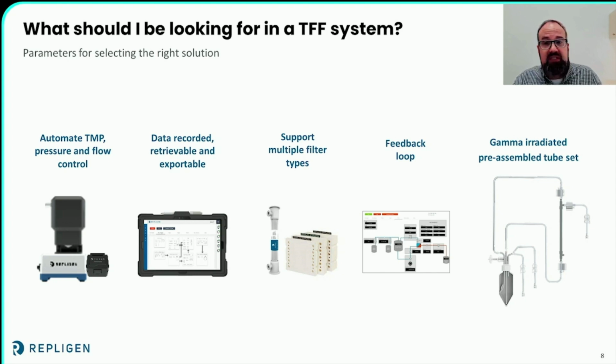How about the TFF system should be designed and capable of a setup that is agnostic to both hollow fiber and flat sheet filters. The flow path itself should provide a high level of reproducibility and be built according to your requirements. The system should also include a consideration for scalability. All of these elements that I've spoken of should come together in one cohesive manner as a single solution from the supplier. And if that's not where you are right now, then let me tell you about Repligen.